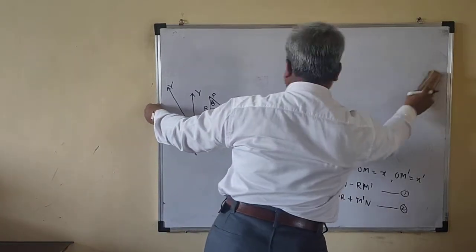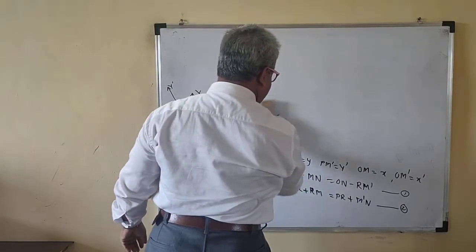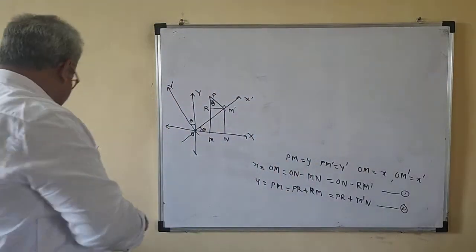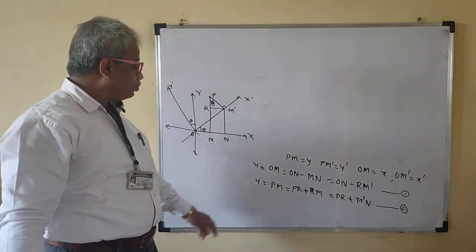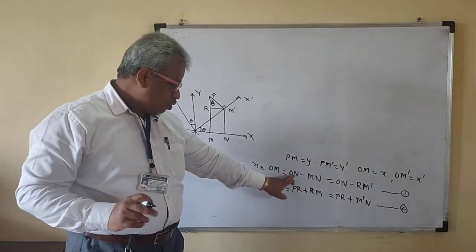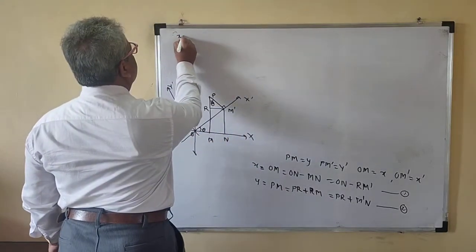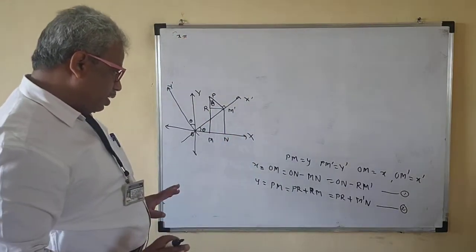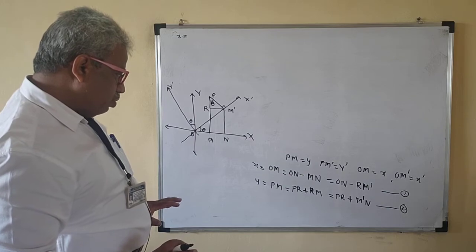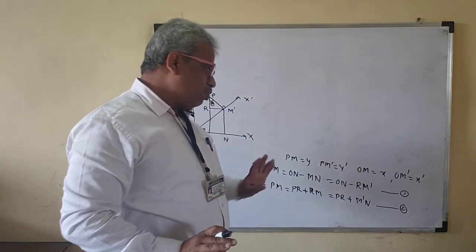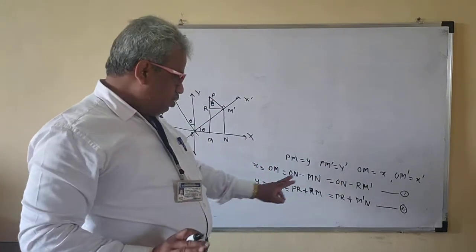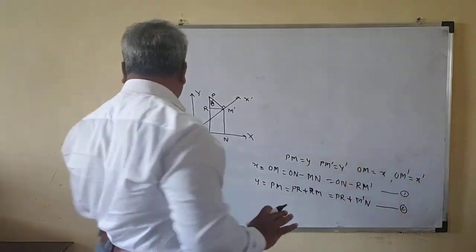Okay, so up to this part we don't want. We'll keep this as it is because these values are very important here. Now we have to find ON prime. So x is equal to, I will write here, x is equal to those values we know. Do you know any value? We don't have ON, we don't have RN prime, we don't have PR, we don't have M prime N also. That means no value we know.